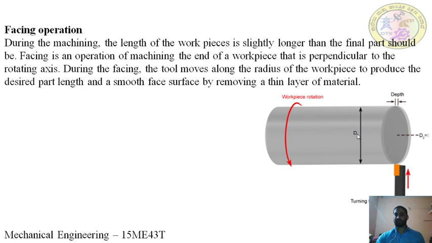The given raw material is not up to the required shape and size. It is slightly greater than the required dimension. So in order to obtain the required length of the workpiece, we have to machine the ends of the workpiece. It is performed by the facing operation. Suppose the given length of the workpiece is 105 mm and the finished length required is 100 mm. So 5 mm needs to be removed from the workpiece. Then 2.5 mm from this side we are facing, and 2.5 mm from this side we are facing, so that it gets to the required length.